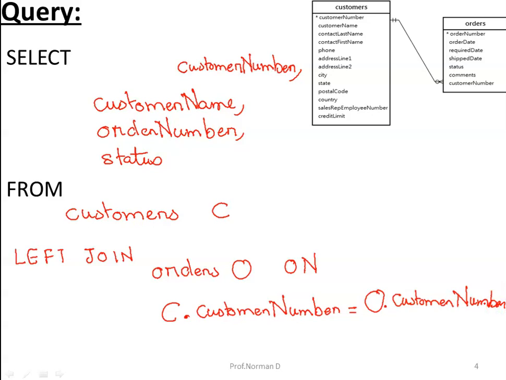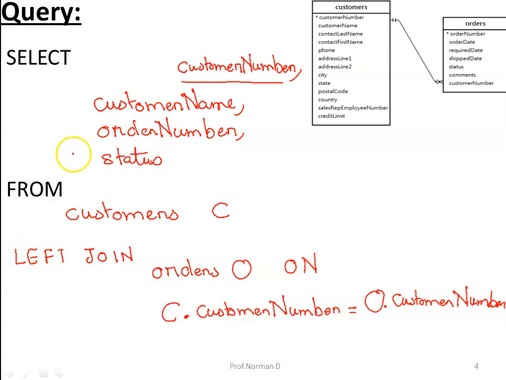Now when you execute this query, it will give an error saying there is ambiguity in the field list. The ambiguity is because of this particular attribute, that is customer number. The query is in an ambiguous state. It does not know whether the customer number is to be picked up from the customers table or from the orders table.